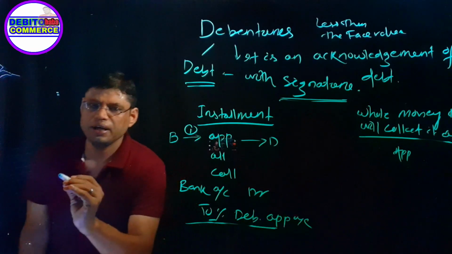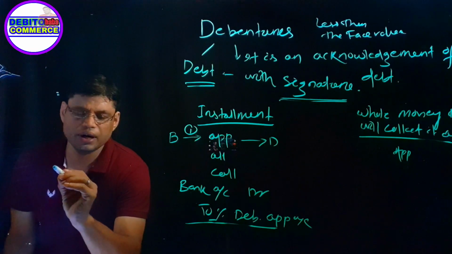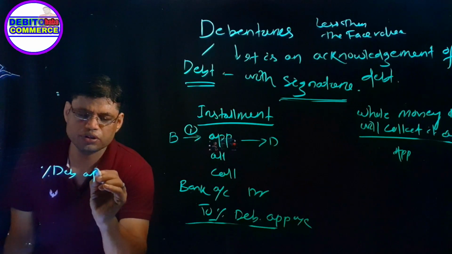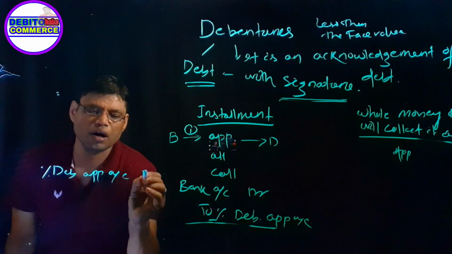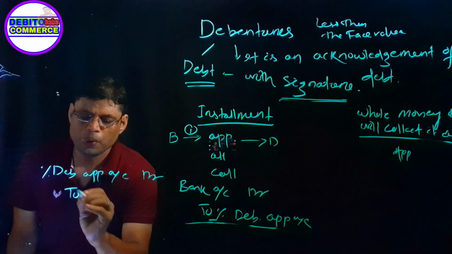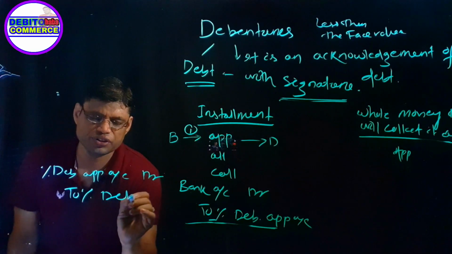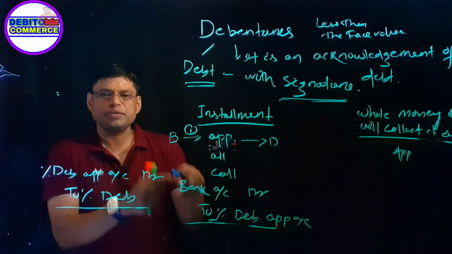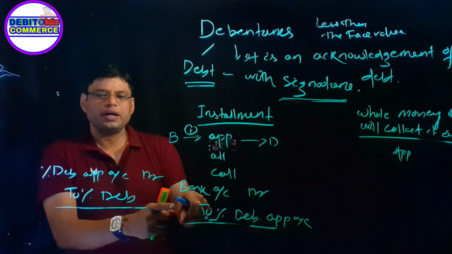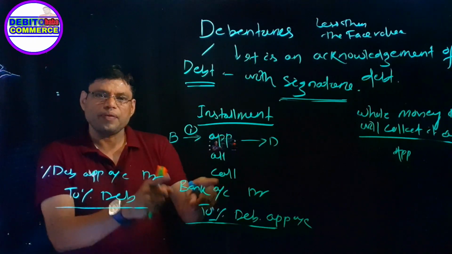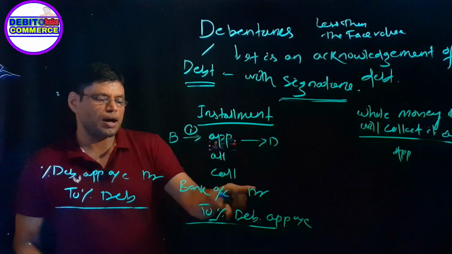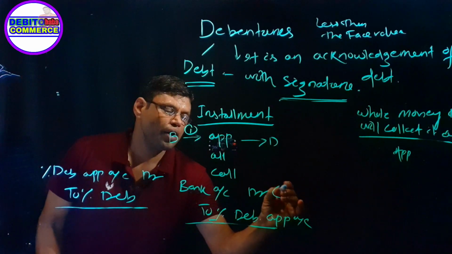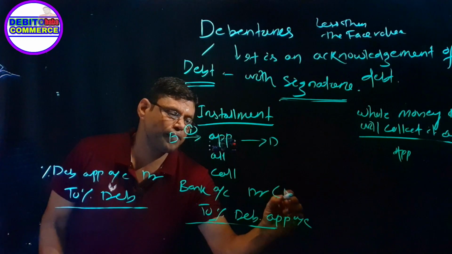I will write here: debentures application account debited to dash percent debentures. This is the second entry. This is the first entry, which means they are collecting money from the public. When they collect the money from the public, we write bank account debited to dash percent debenture application account. Here the amount will be your application money, number of debentures